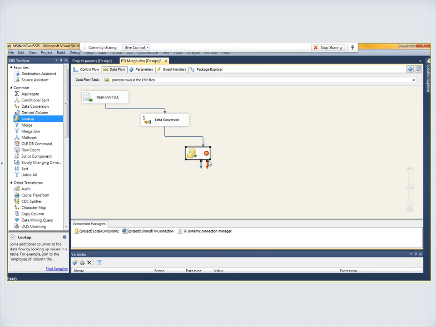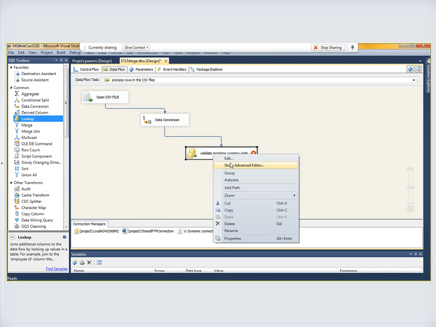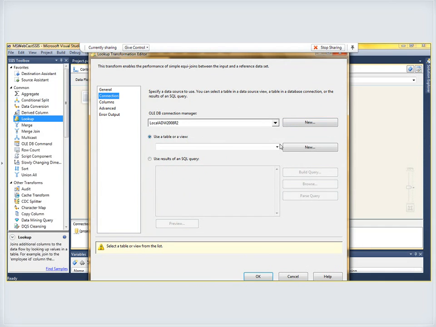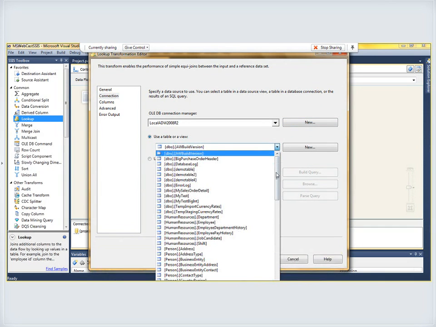So I'm going to call this validate incoming currency code. And right-click and edit this. Well, the lookup, I'll go to the connection page first here, then I'll come back and talk about a few of these options. I'm going to go to the connection area, and I'm going to tell it I'm doing the lookup into the table